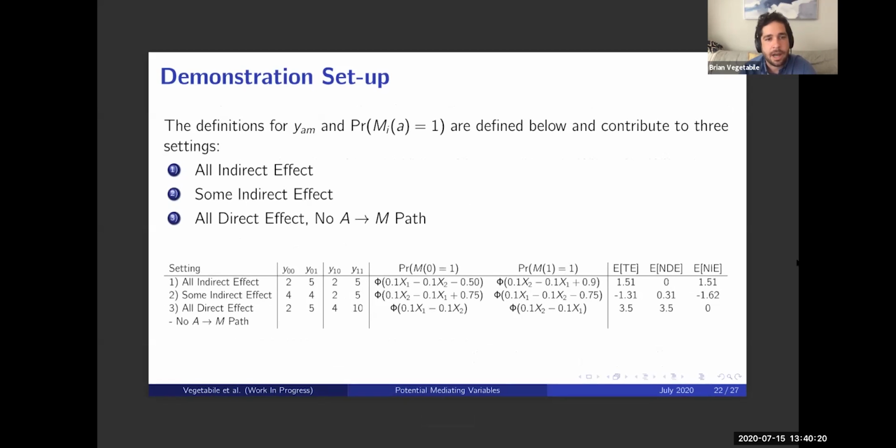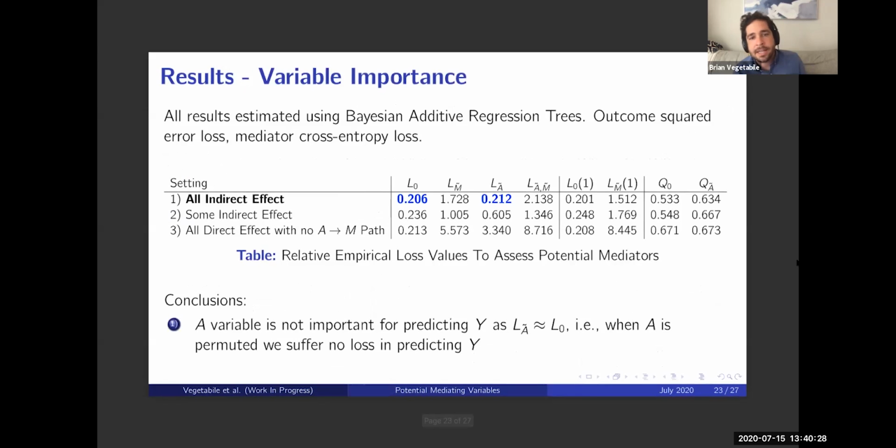We explore whether, if there's an all indirect effect, or if there's some indirect effect, or if everything's direct, what happens? And the idea is that by evaluating the losses under different permutations, so in this table, the tildes imply the variable that's been permuted. So A tilde, M tilde is both of them being permuted. When everything's direct, we see that the loss is equivalent under these two sets of assumptions. So under permutation, the loss is about the same as under the full model. And so we can see that most of the effect is indirect.